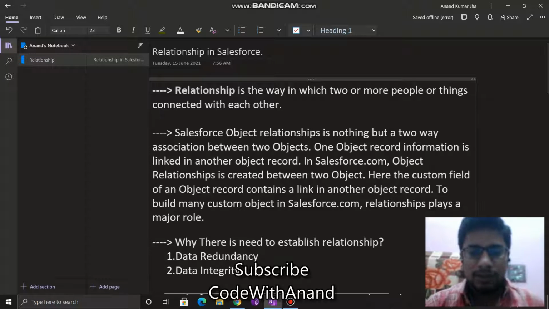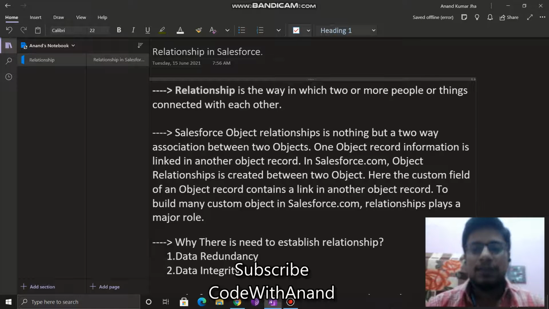In a simple way we can say that a relationship is a way in which two or more people or things are connected. In Salesforce we can say that two or more objects are connected to each other. A Salesforce relationship is nothing but an association between two objects.